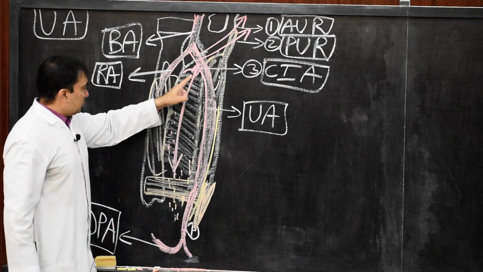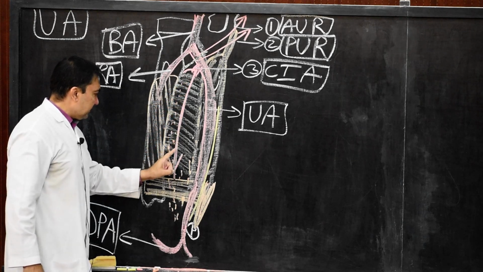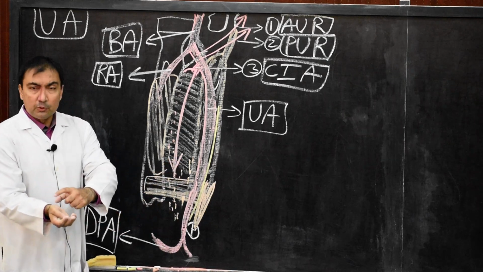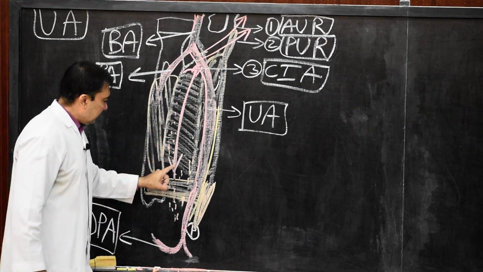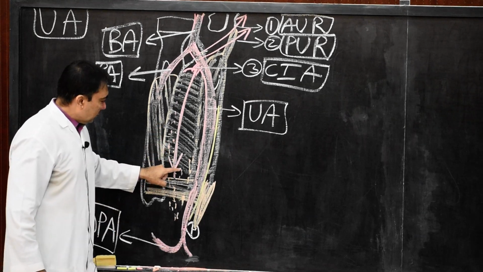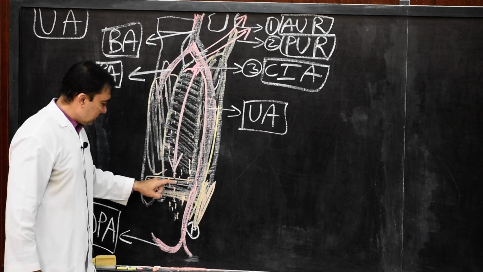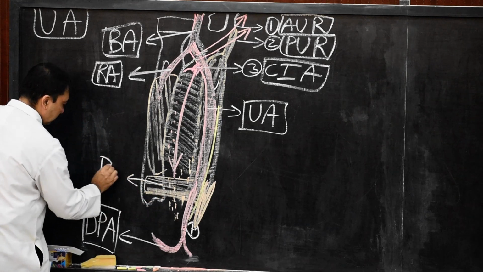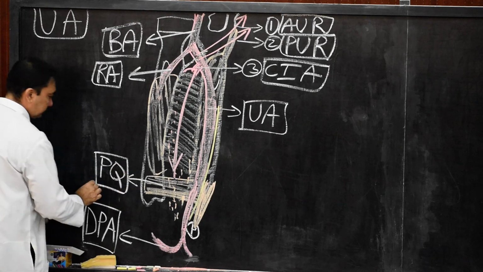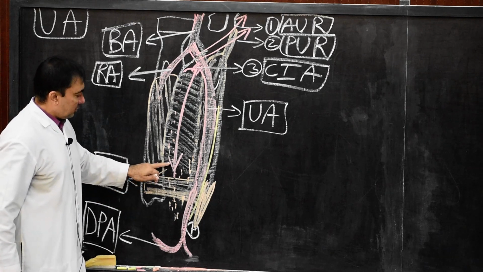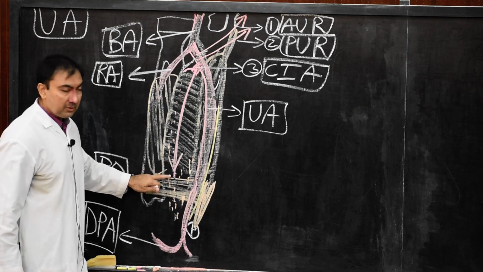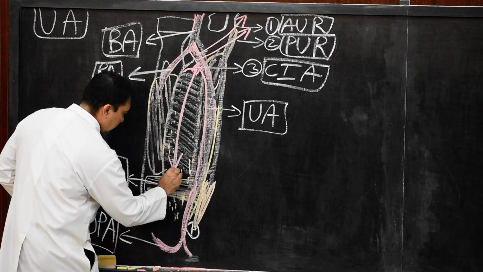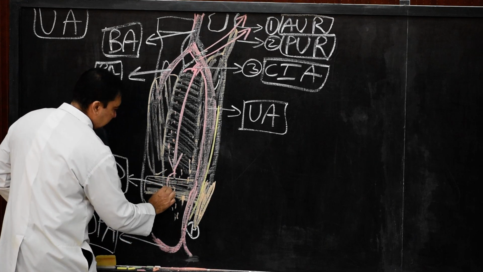Anterior interosseous artery: now if you trace this anterior interosseous artery, it is traveling on the anterior surface of the interosseous membrane, lying deep to the flexor group of muscles of the front of the forearm. Then at the level of the lower border of the interosseous membrane and the upper border of pronator quadratus, remember, here if I show this and name this, this is the pronator quadratus muscle. So there is a gap between the lower border of the interosseous membrane and the upper border of pronator quadratus. Through this gap, the anterior interosseous artery will enter the posterior compartment.